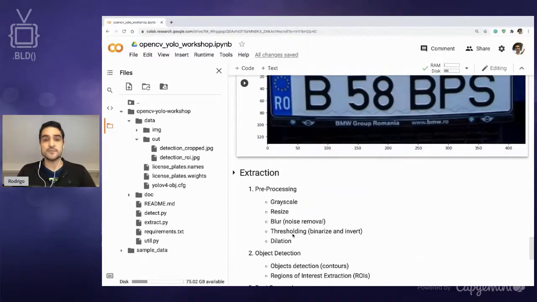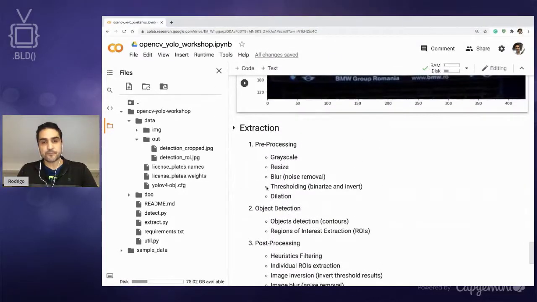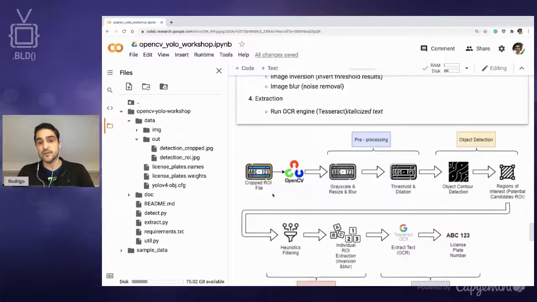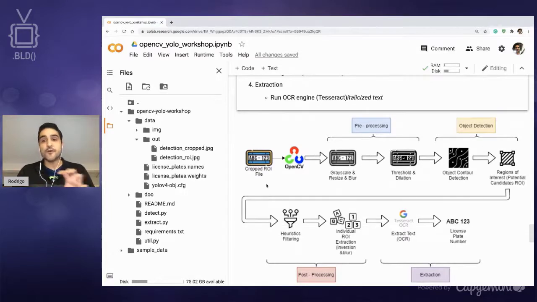So let's move to extraction and go a little bit into it. So what we are going to do in the extraction part? Well, now that we have the area that we want to start looking into, that's our cropped region of interest, we are going to go through 3 stages before the extraction itself using the OCR tool. The first of these will be pre-processing. So we take the image and reduce the amount of information by grayscaling it. We resize it a bit to make it easier for the OCR tool to extract the text